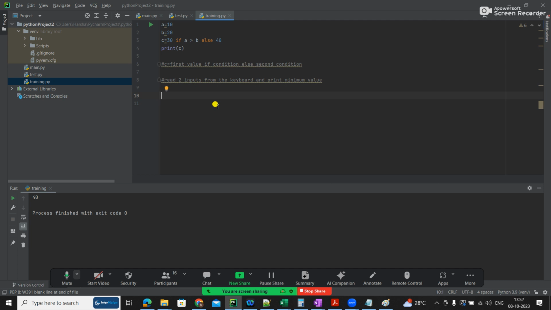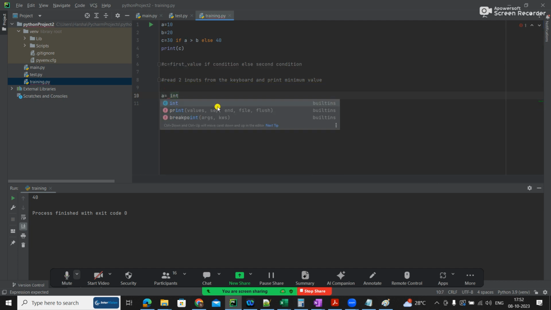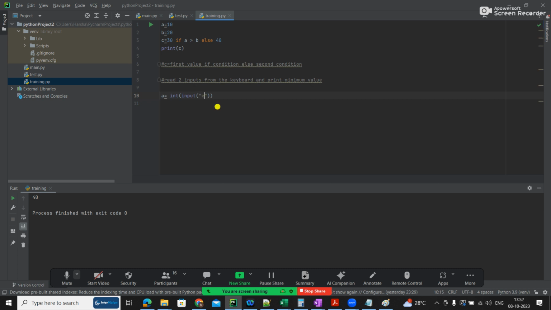So for two inputs, as we know already, a equal to int of input, enter the first number, b equal to int of input, enter the second number. Okay, so now I want to find out what is minimum.